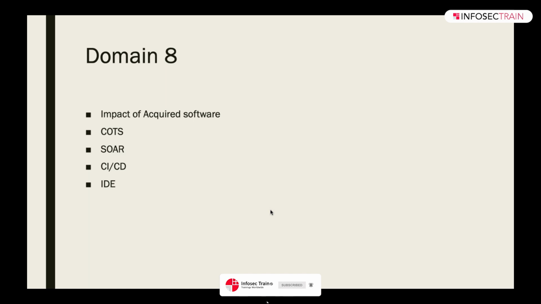From an architecture concept, there has always been a debate of building versus buying. What exactly would be preferred? Do we want to build a particular software in-house, or do we want to buy something from a vendor? This is an ongoing debate, and most organizations prefer to go ahead with buying, procuring software from outside rather than building on their own, because they want to save a lot of time, and definitely they want to have someone accountable just in case something goes wrong. Well, that is the reason